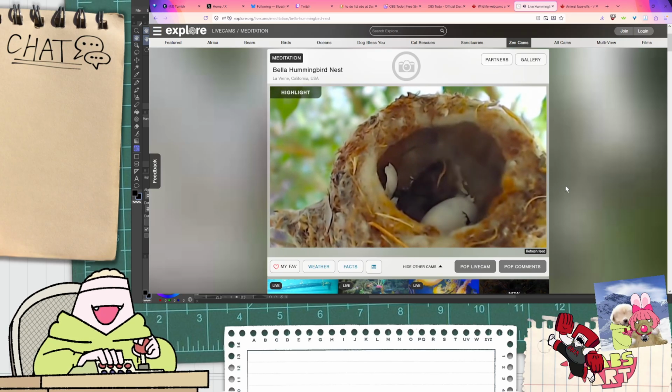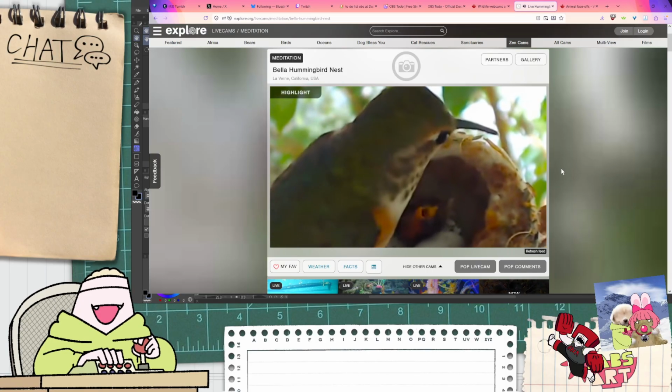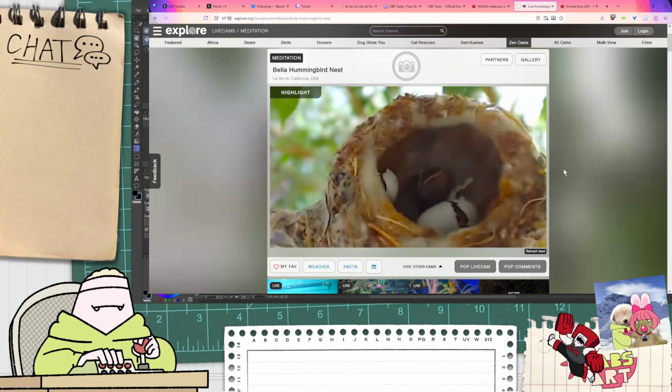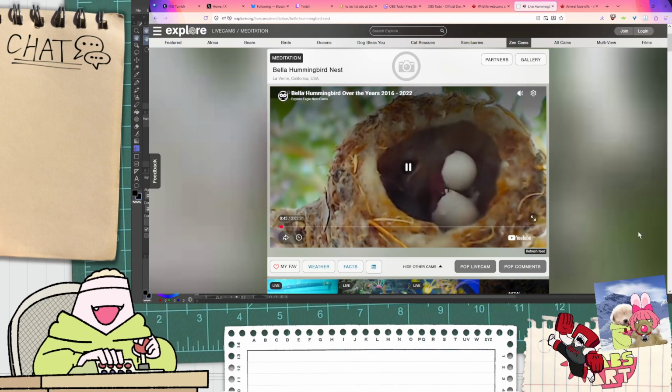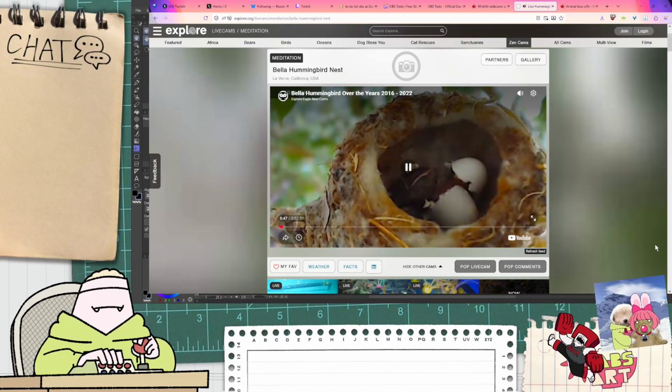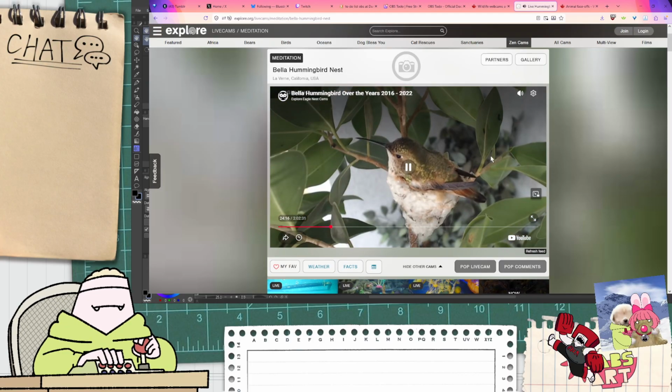Oh, it's gotten a very red belly now. God, it must be stressful to be a hummingbird, baby. Your house is so unstable, and when mom comes home, it's just shaking up and down. This really is quite lovely, though.